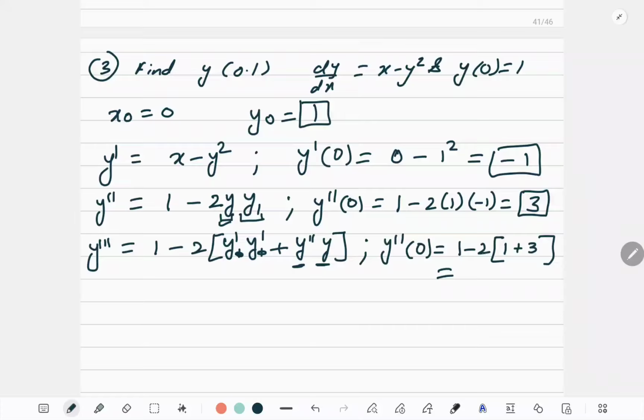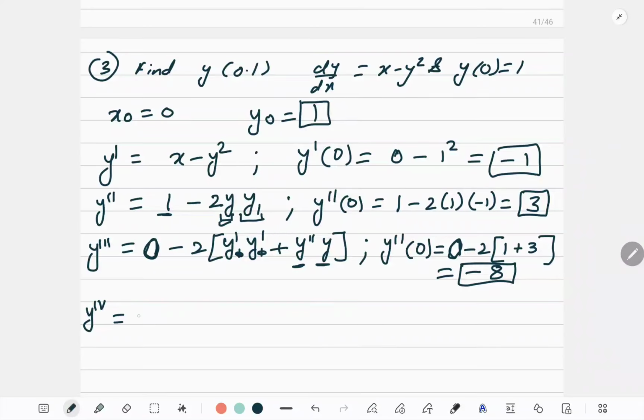And see, here I made a mistake. When I am differentiating, the differentiation of 1 is what? 0. And I simply wrote 1 here. Okay, so it is minus 8. Correct? So this is how you have to find the value. Now I got 3 non-zero values. Since it is a big function, let me do the fourth one also so that you will understand the concept